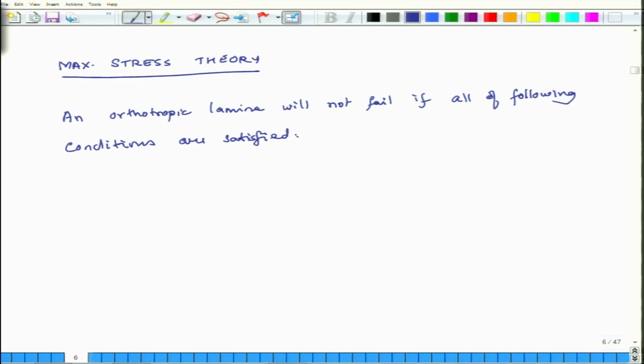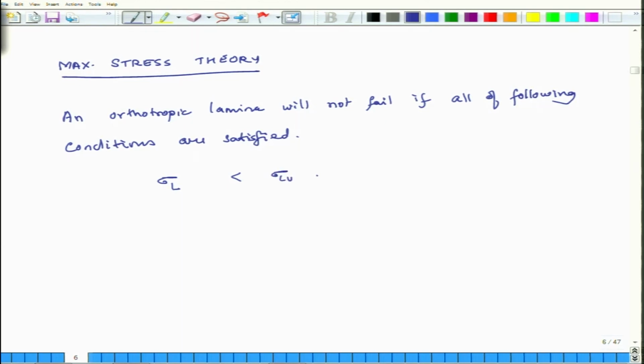So, what are these conditions? If you have an orthotropic lamina which is loaded, the first thing you have to do is find out what are the values of sigma L, sigma T and tau LT, and then you look at these conditions. So, sigma L should be less than